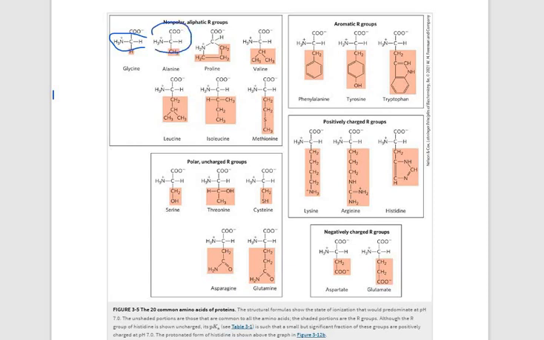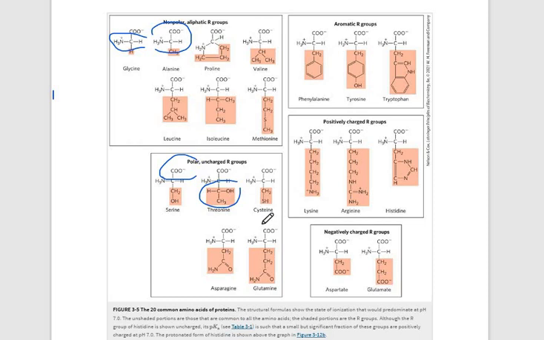These portions are common to all the amino acids, and these are the R portion, and the shaded portions are the R groups. Although the R group of histidine is shown as charged, its pKa